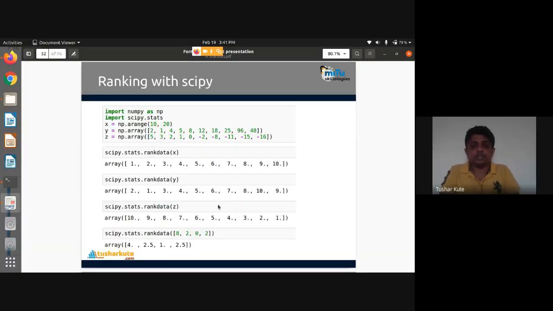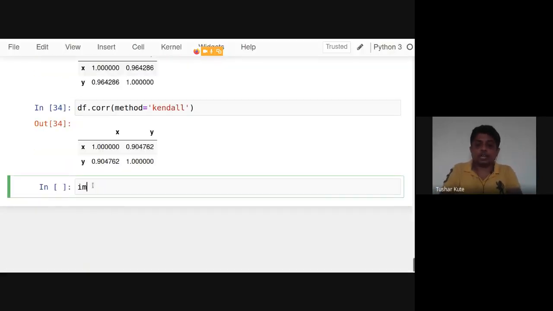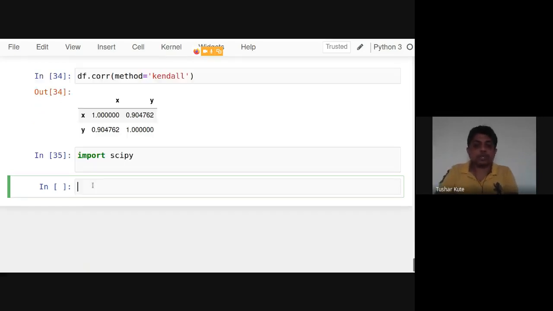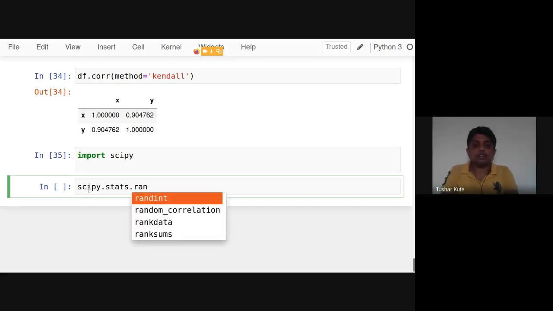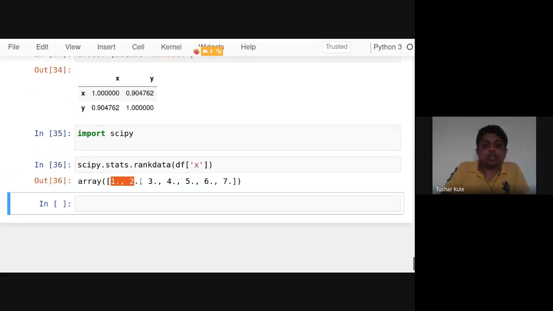Even if you're still having confusion, I can make use of a function called rankdata. This is used to check the rank of the respective data. Rank means the order. SciPy contains it. SciPy is a package, inside it we have the stats package, and inside that we have rankdata. Here you have to pass the parameter. For example, I am passing the x parameter. Check the x ranks: 1, 2, 3, 4, 5.